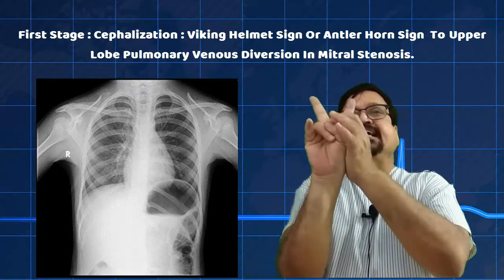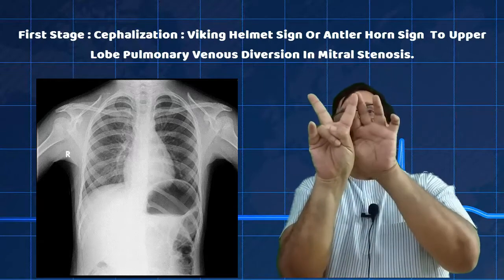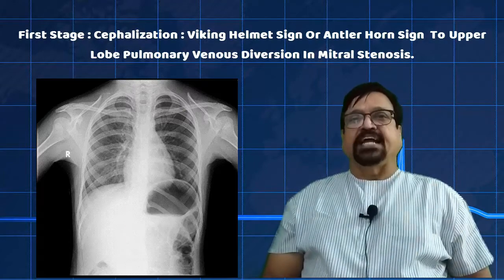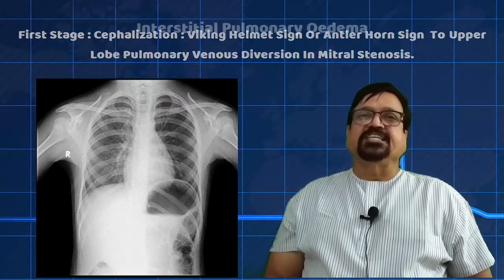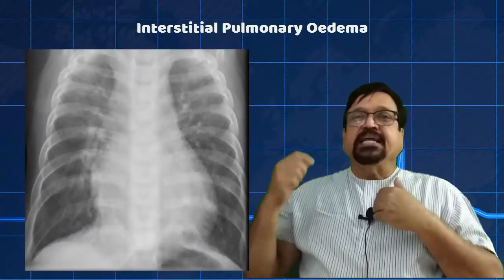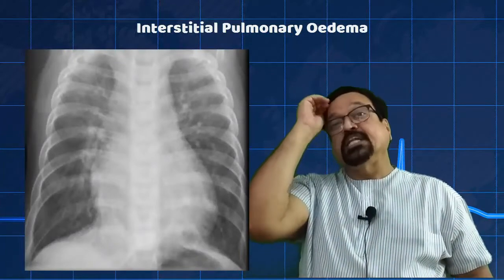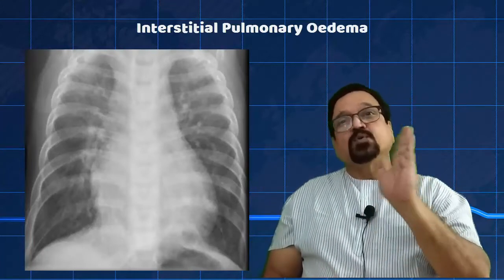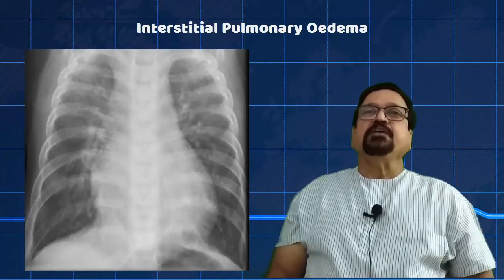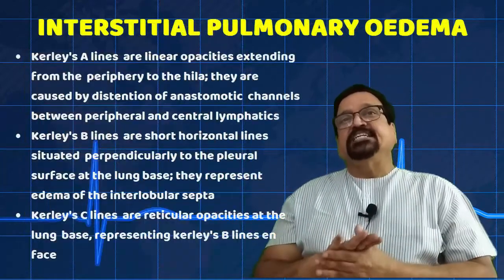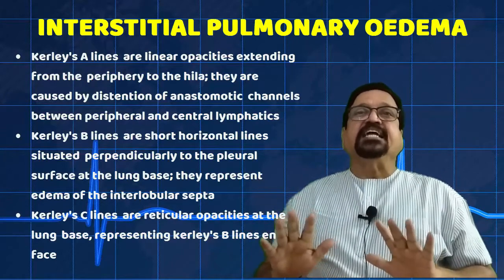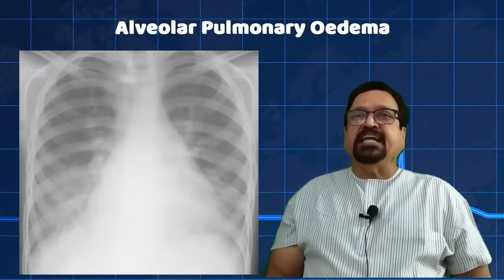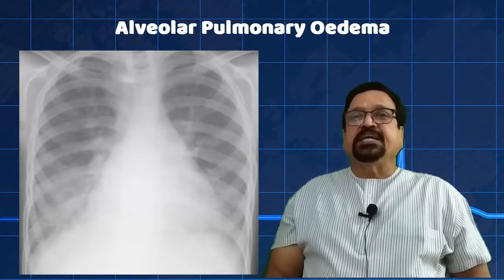Antler horn sign is like this. Because of the apical pulmonary veins congestion, it is described as antler horn sign. This typically occurs in mitral stenosis in initial stages. Now, second stage is pulmonary edema, because the fluid is oozing out continuously after the accommodation capacity is exceeded. It starts oozing into the interstitium, from interstitium into alveolus. Now, in this stage, we might get in chest X-ray Kerley's A line, B line, and C lines. Now, this is the X-ray which shows at periphery or at bases there are congestive changes with alveolar edema.